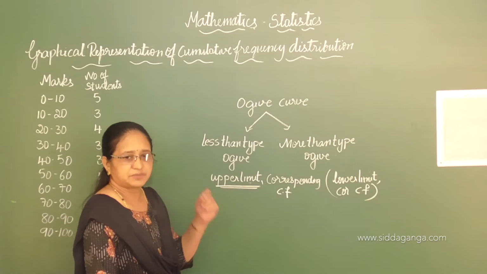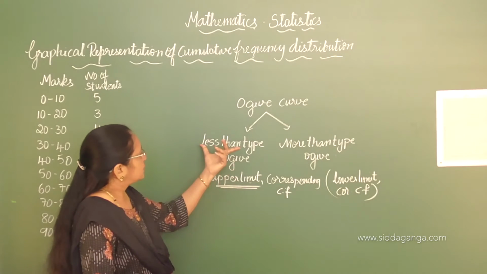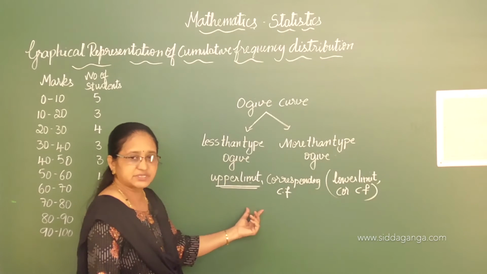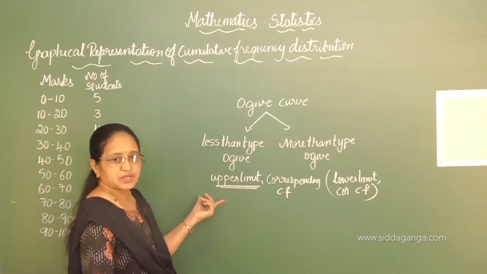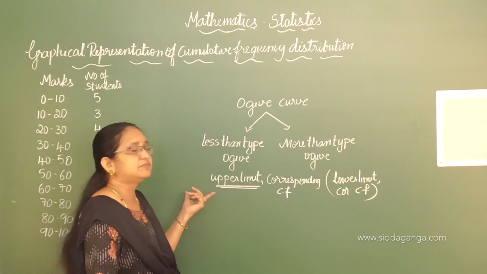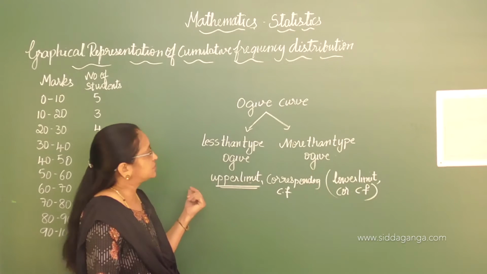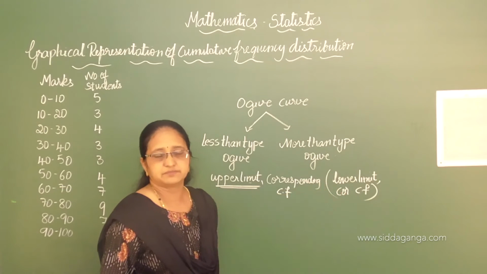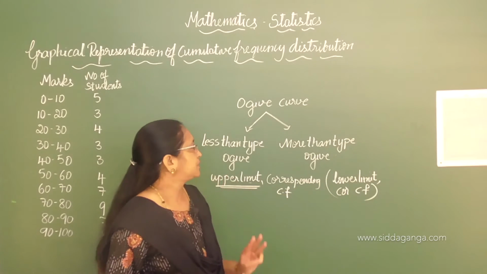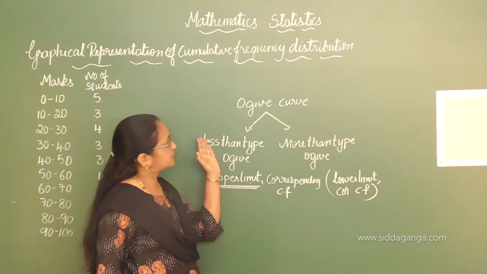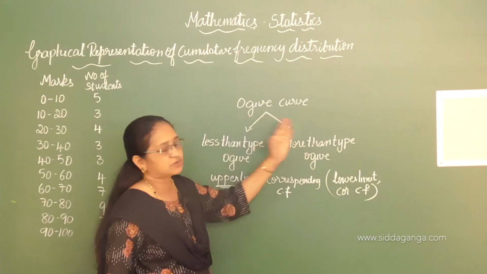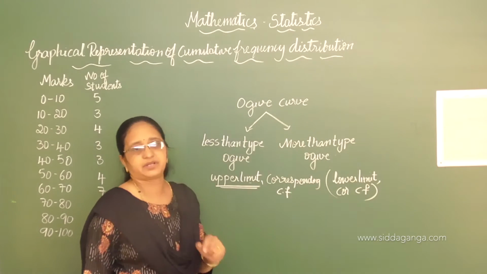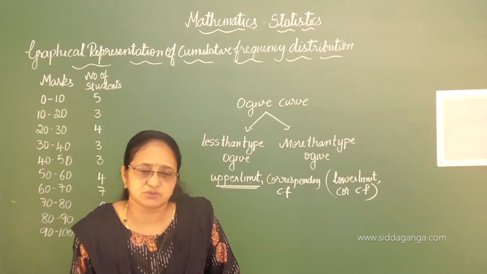The same method, the same answers you will get when you plot the graph between the upper limit and the corresponding cumulative frequency; you will get the less than type. I will show how you can obtain the median through this. Second thing, by the more than type also we can find out the median. And third one, by plotting the two types of graph on the same graph sheet, we can also obtain the median. That also I am going to show.